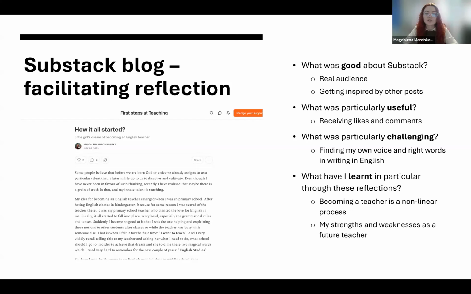And now what I've learned in particular through these reflections, the thing that struck me the most was that becoming a teacher is not a linear process. And what I mean by that is, of course, teaching training has its own structure. I have to first go through the teaching practice in primary school, then secondary school. However, even though, let's say, I already completed my practice at the primary school, and I thought that, okay, I've learned a lot, I experienced so many things, and for sure I wouldn't make some minor mistakes at that point. That wasn't true. Even though I was experienced, there were still some slips, there were still some mistakes that sometimes happened, and accepting them as a part of the process showed me that some steps forward had to be followed by some steps backwards, and